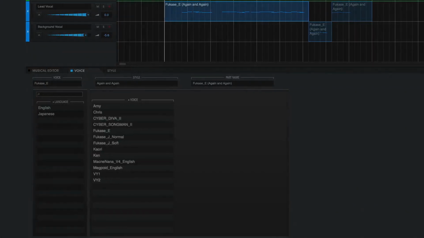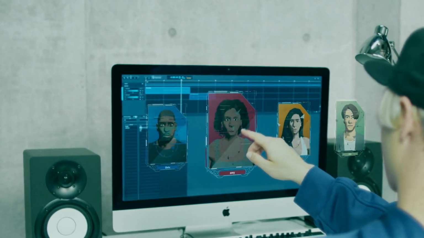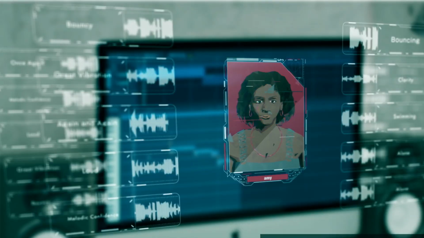Let's go. Okay, so the first thing may seem like a really simple thing, although it's really important, and that is choosing your singer. If you've never used VOCALOID 5, you may open this up. You may think, I have a digital singer. Anything I write, any notes I write, whatever I do, it's gonna sound the same, it's gonna feel the same. Not true. We have a lot of singers to work with, and they all sound different. And choosing one that works for your own music will definitely make a big difference. And I'll show this to you right now.